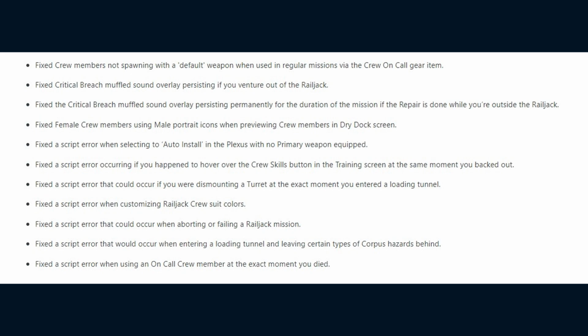Female crew members using male portrait icons when previewing crew members in the dry dock screen. A script error when selecting the auto install into the plexus with no primary weapon equipped, a script error occurring if you happen to hover over the crew skills button in the training screen at the same moment you backed out, a script error that could occur if you were dismounting a turret at the exact moment you entered a